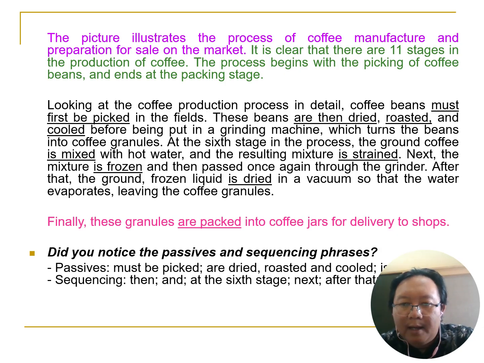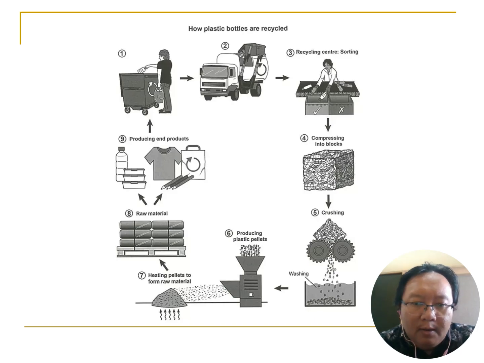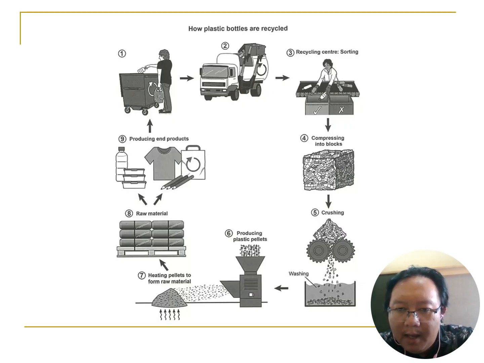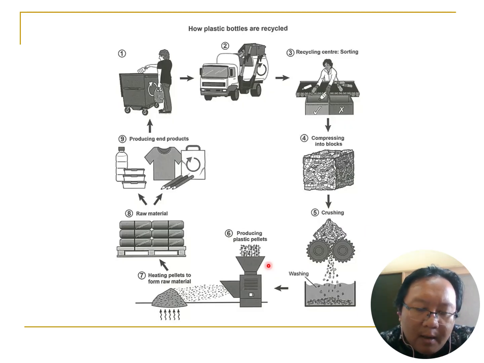Now, okay, so as I told you, going back to how plastic bottles are recycled, you can add your imagination and creativity by adding your own words. For example, like this one, you see that there is a machine in here. This machine, you can say, is to crush the plastic or to make the plastic pellets. You can add the explanation. This machine is made in Germany, for example.